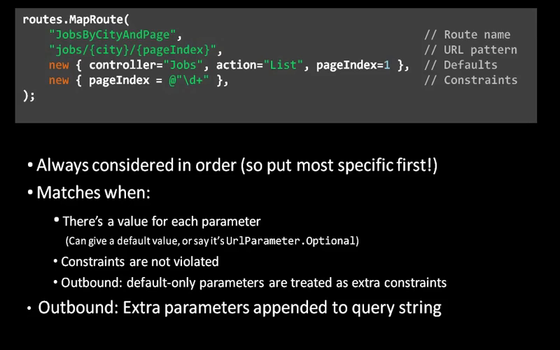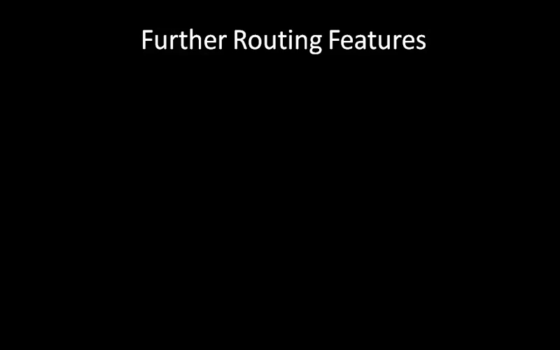The final point also only applies to outbound URL generation, and that is that if you supplied extra parameters that aren't in the URL or the defaults, then your extra parameters will be appended to the query string. The inbound routing system will ignore query string parameters, but the MVC framework will still map them onto action method parameters. Now you know the basics of how this stuff works, let's move on to consider a few more features